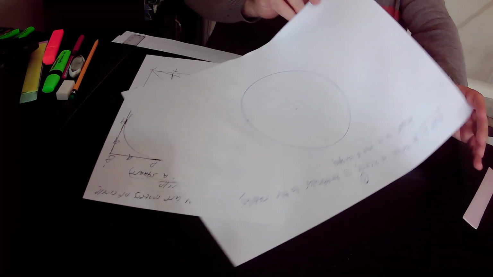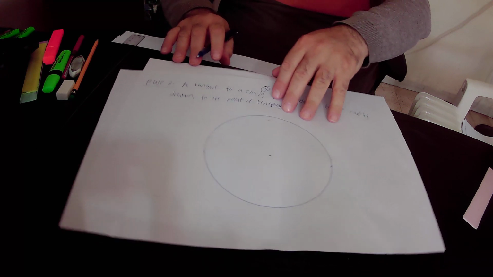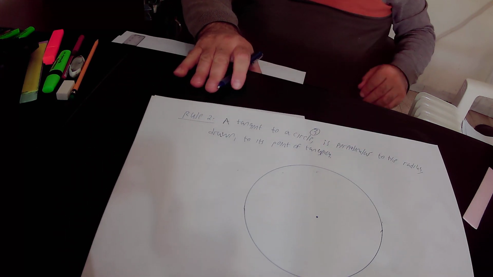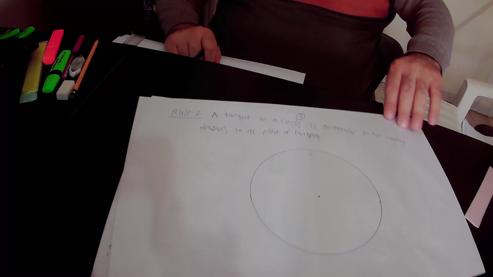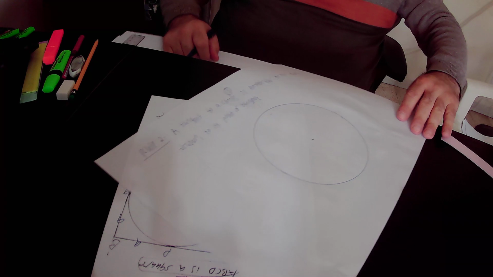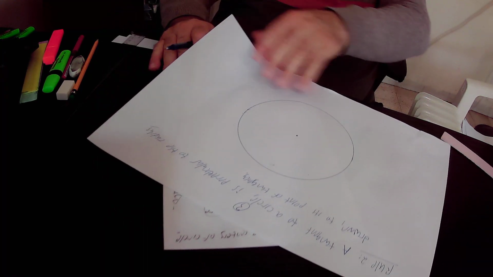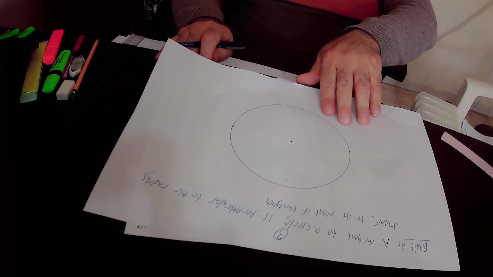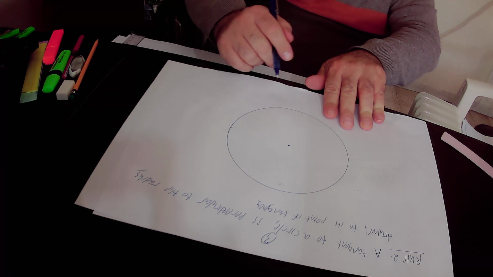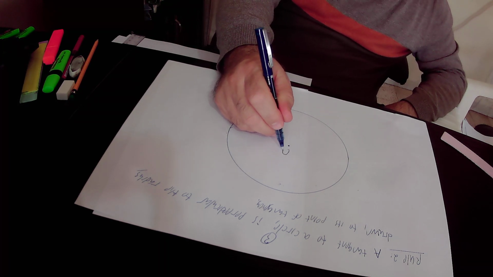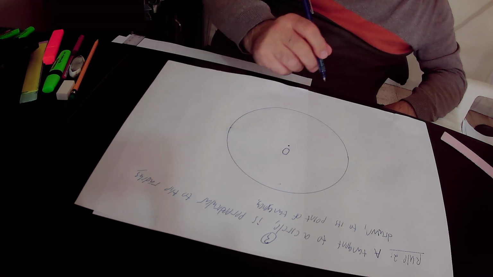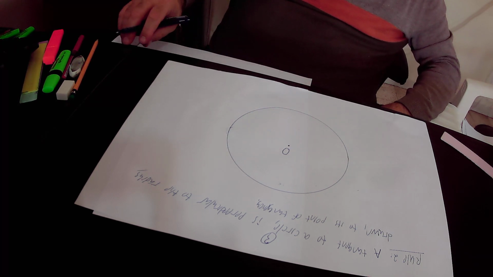I will read rule number 2 again. According to rule number 2, a tangent to a circle is perpendicular to the radius drawn to its point of tangency. So what is the meaning of rule number 2? The meaning of rule number 2 is that if we have this circle, and we know that the center of this circle is at this point, point O, and we also have a tangent to this circle,